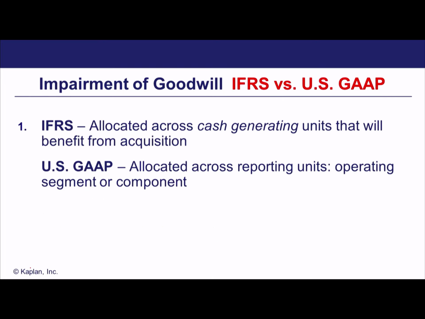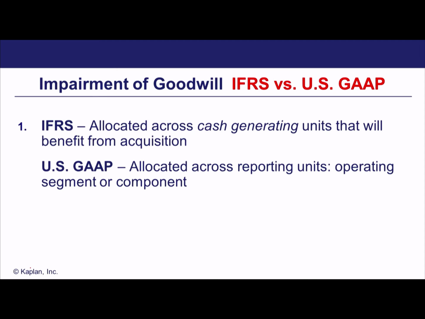This little point here says essentially IFRS allocates impairment across cash generating units that will benefit from the acquisition. What does this mean? Well, what we're really talking about is the segmental disclosure in group accounts. You might remember again from level 1 that if you've got divisions that contribute 10% of sales, 10% of operating profits or 10% of asset use, then we need separate disclosure of these divisions in our segmental disclosure. So what they're talking about here is not affecting the consolidated income statement, okay? It's affecting the segmental disclosure in the accounts.